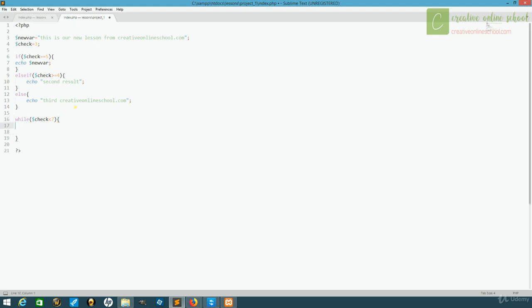So what we're going to do here is we'll echo the value of check along with concatenating a page break so that it goes into another line, makes it easier for us to see. And then we're going to say check plus plus. That's a shorthand way to just add 1 to a variable. Now when we run this,